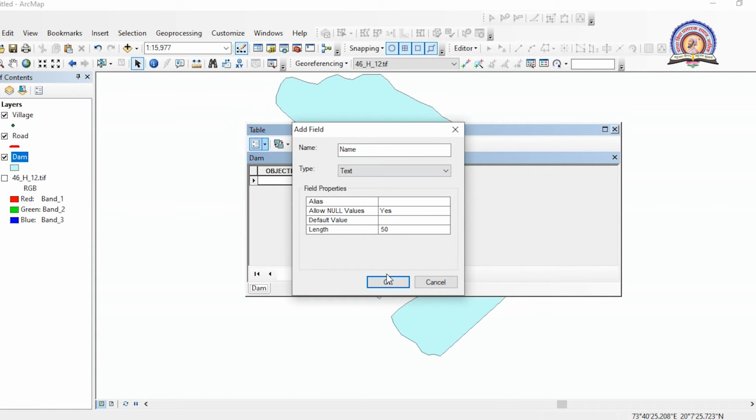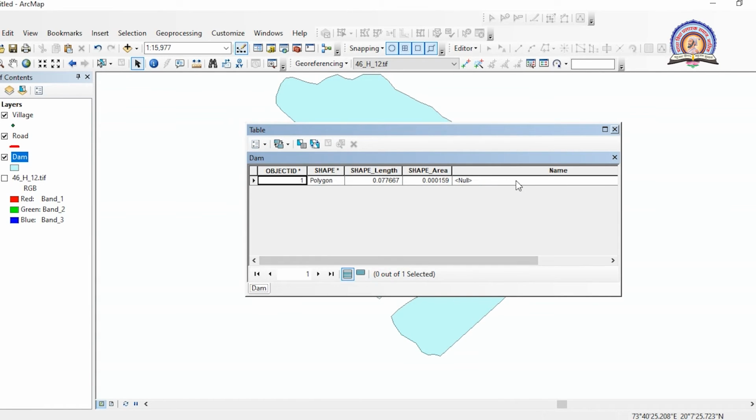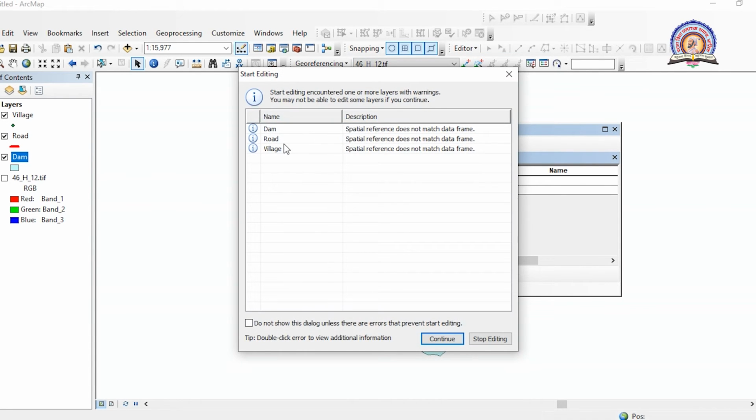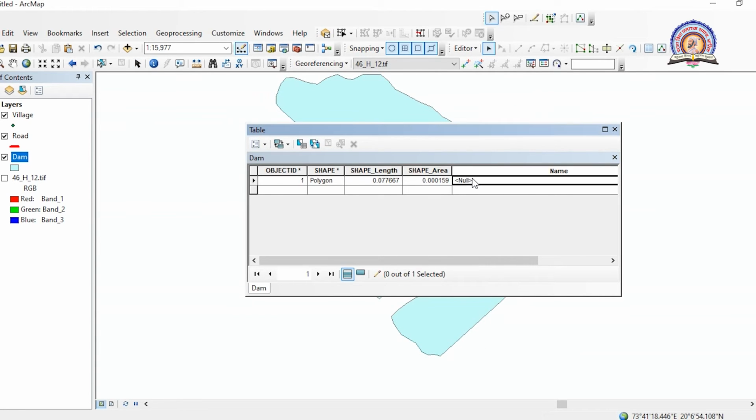From here I will be selecting text and OK, and for giving the name again I have to start the editor. So starting and stopping the editor is very important. Once you forget to do this, you are not able to perform your task properly. So the name was Alandi Talab.